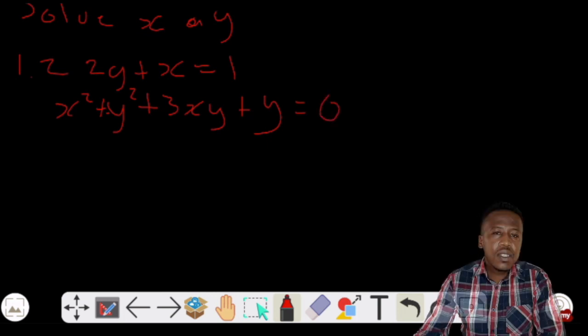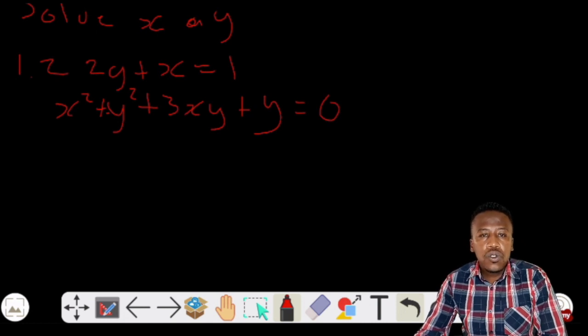Now solving simultaneous equations, what you should do first is